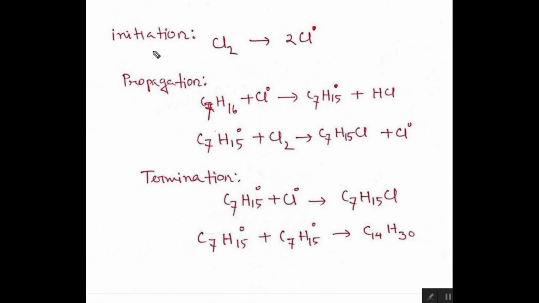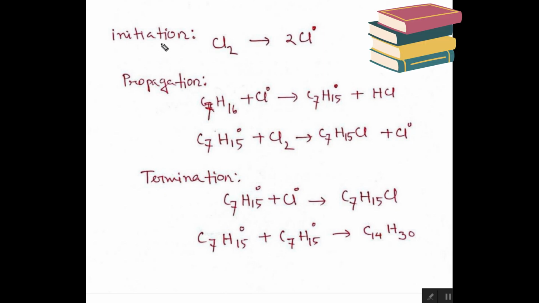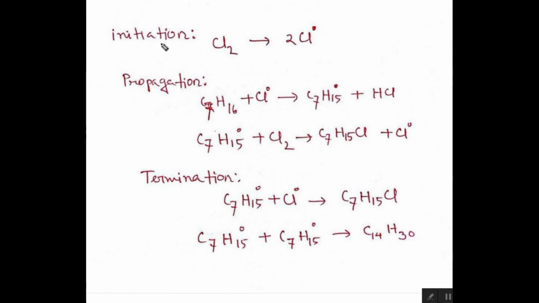So when heptane reacts with chlorine, chloroheptane is produced and hydrogen chloride. This is reaction type free radical substitution reaction. This is the 3-step mechanism. Initiation, at first chlorine breaks down in presence of UV light to produce chlorine free radical. Then propagation,